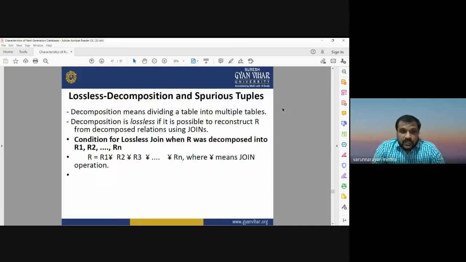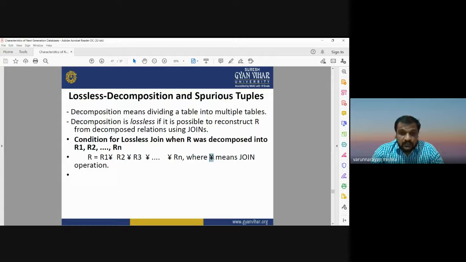Lossless decomposition and spurious tuples. So decomposition means dividing a table into multiple tables, and the decomposition is lossless if it is possible to reconstruct a table or relation R from the decomposed relations using some join. The condition for lossless join, where R is decomposed into new tables like R1, R2, Rn, is that R is equal to R1 join R2 join R3,